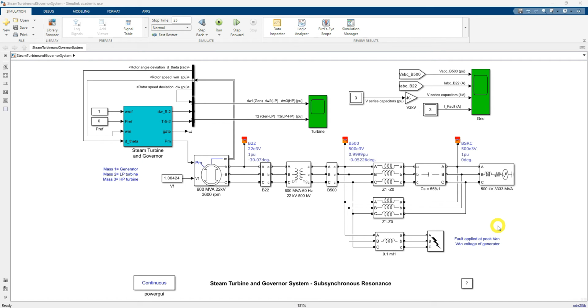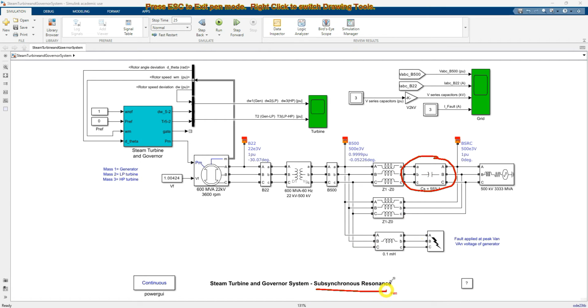Today we are going to see what is subsynchronous resonance in the transmission line system and how to reduce that subsynchronous resonance by using PV STATCOM. Here you see a Simulink model for creating subsynchronous resonance in the transmission line. Subsynchronous resonance happens when we are using a series compensation device, that means a series capacitor. So when we use this kind of series capacitor in the transmission line, then that subsynchronous resonance